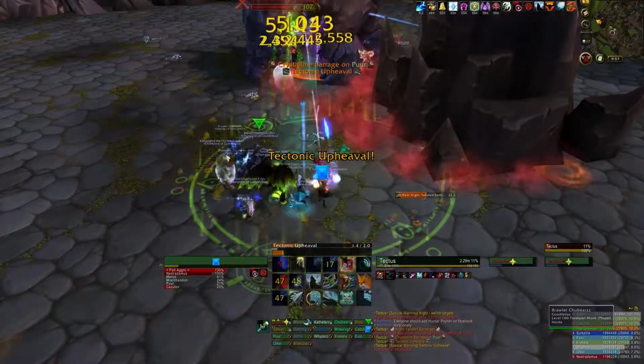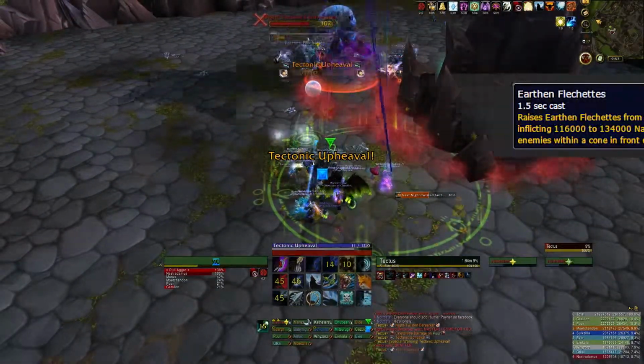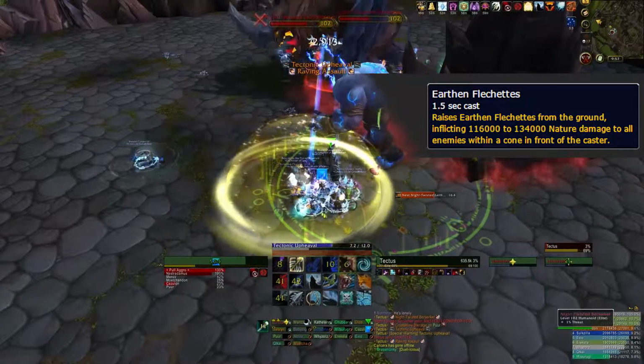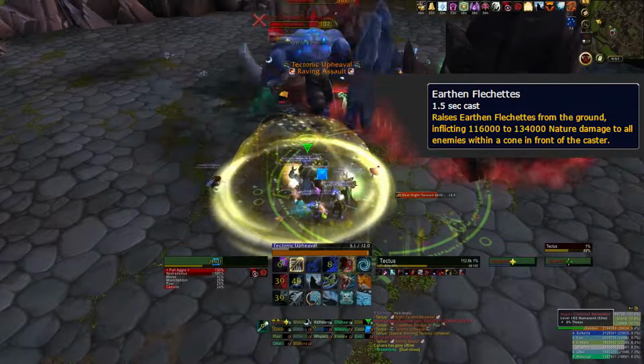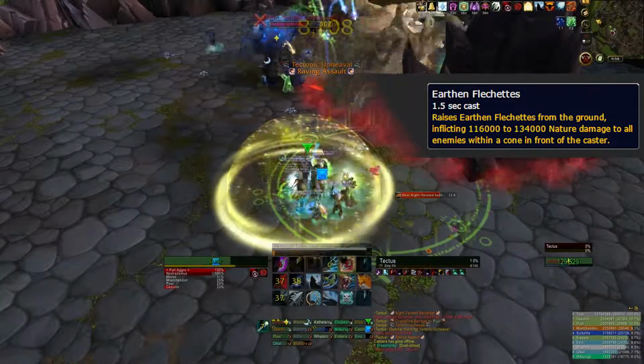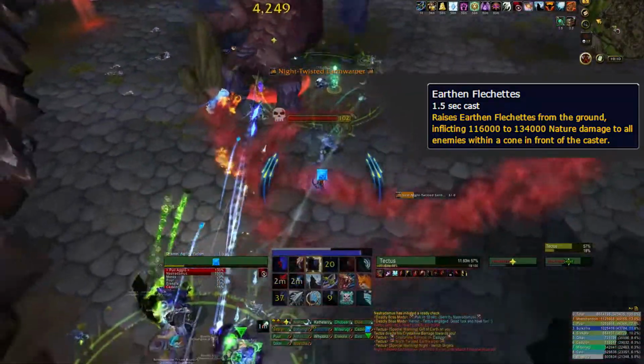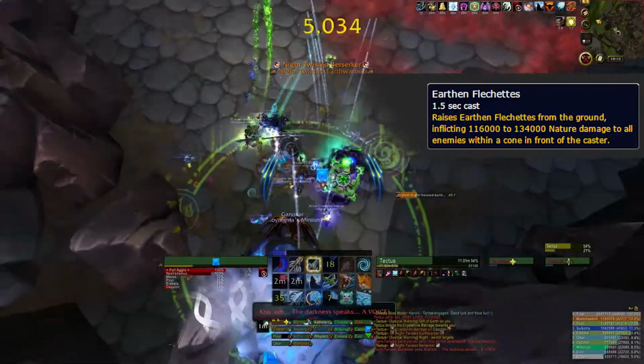The other ability that the Earth Warper will cast is called Earthen Flechettes, which is just a cone attack that you'll want to make sure none of the melee are getting hit by, because it'll probably one-shot them. You also want to make sure the tanks are positioned so that both tanks aren't getting hit by this, and it's just the off-tank. The second ad is called the Berserker, and while this